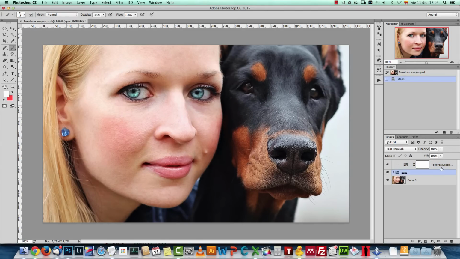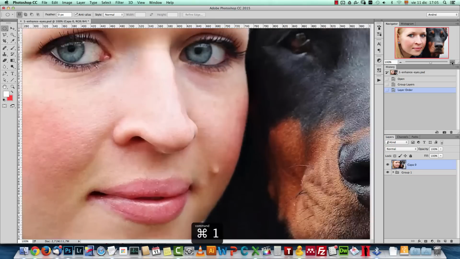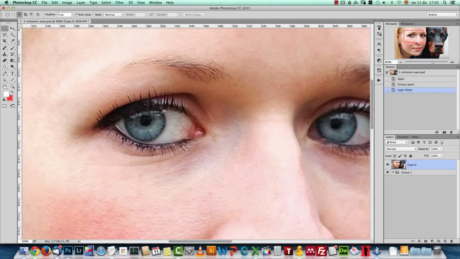So I'll start over again. I'll group this and drag it below my image. We're going to work non-destructively, so we will create new layers, and we will start by first selecting the elliptical marquee tool, and we will zoom in a bit because it will be easier to make the selection. And what we want to do is select the entire eye, and we will click here inside the pupil, and